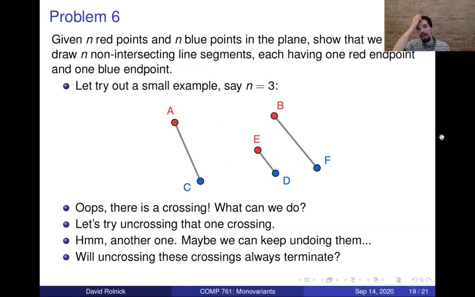We have an algorithm which we're thinking might be able to solve this problem. We might be able to get no crossings. We need to show, again, that it can't cycle. We need to show the process has to terminate. There's a comment that it might be exponential. It might take a long period of time. We don't really care about how long it is. We just want to show that it terminates.